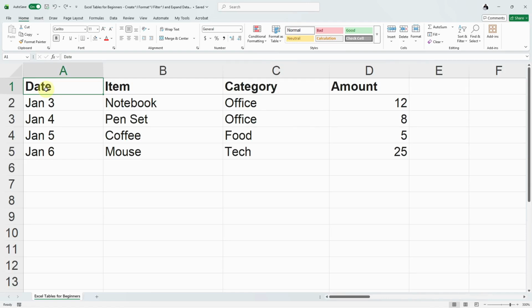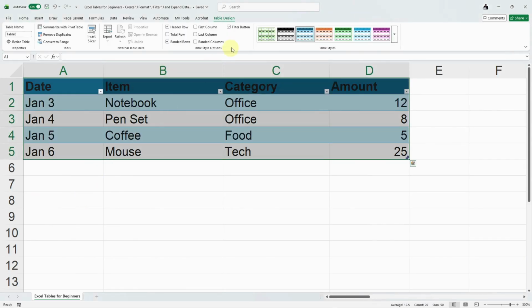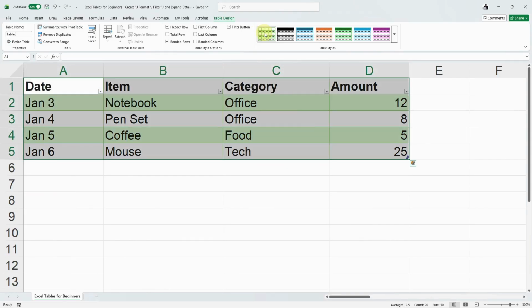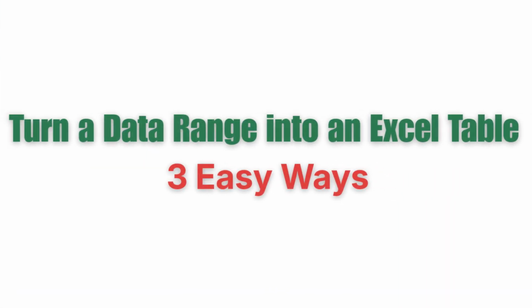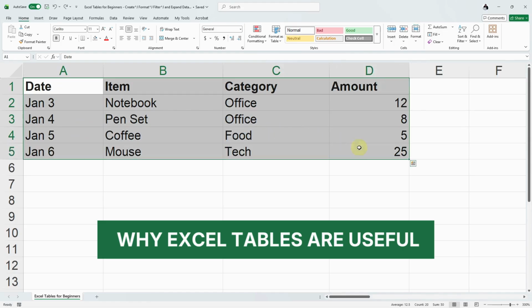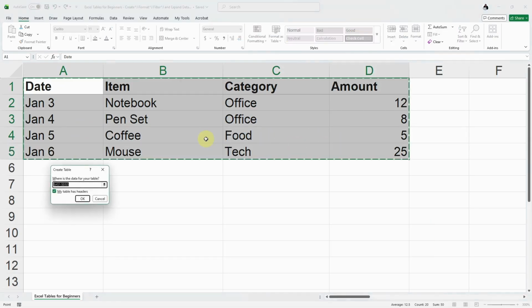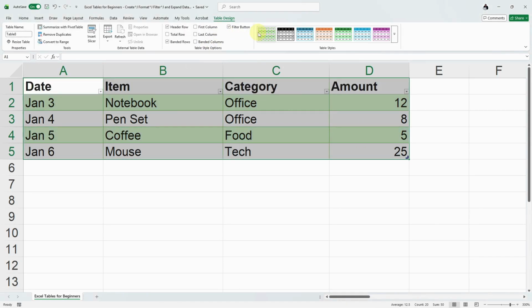If you have a list that keeps growing, turning it into an Excel table can make it much easier to organize, expand, sort, filter, and summarize. A normal range is simply a group of cells. An Excel table treats the entire list as one structured set of data that gives you useful features such as